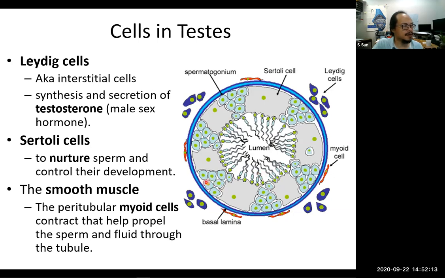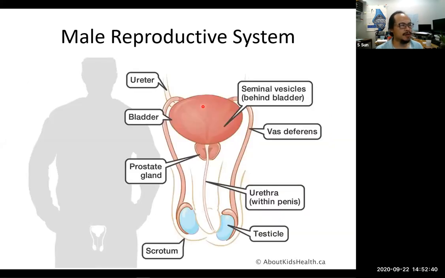So that's that. Also, last time we mentioned the smooth muscle. This is for the ejection that squeezes the semen, not semen yet, but fluid here from the tubule to eject it out, right? So that's that. And then we can develop into this